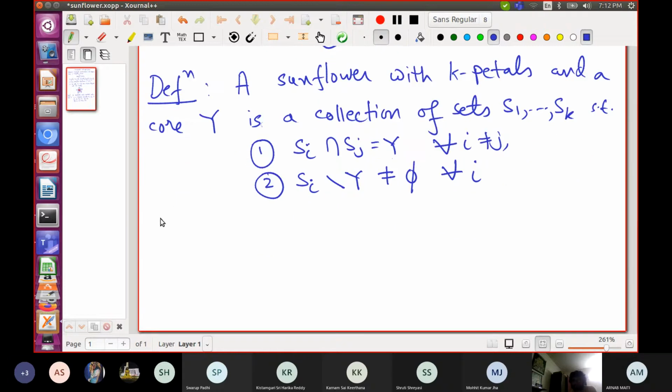The core can be empty, for instance. Y can be empty.